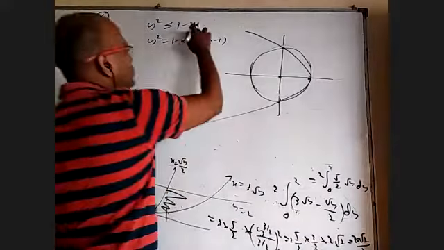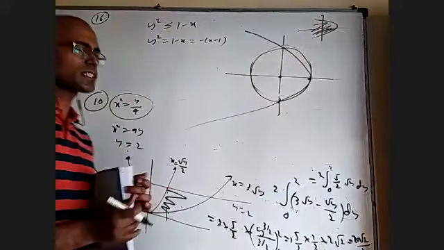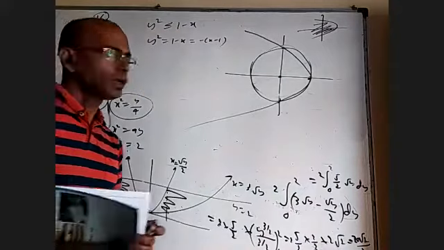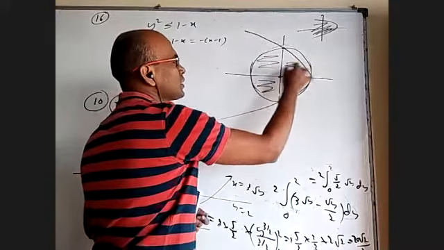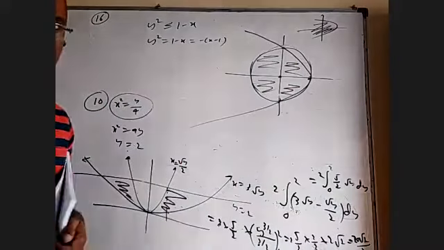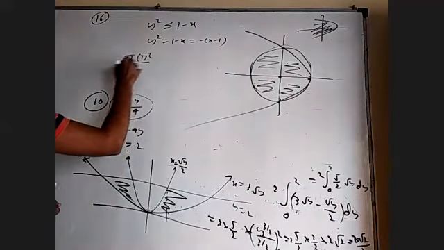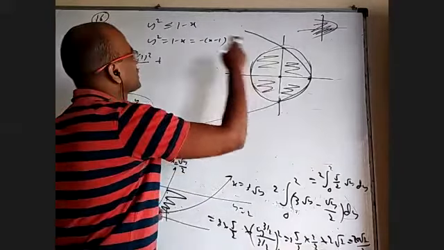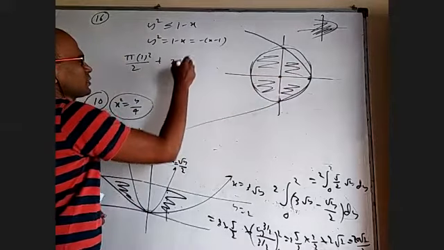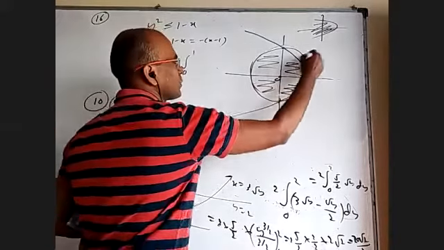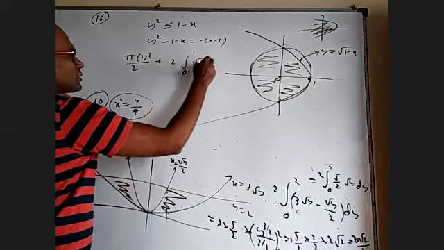So it is not this small region. y square less than or equal to 1 minus x means this whole region, because the origin satisfies that inequality, 0 less than 1. So we want inside the circle and inside the parabola. So that is this part, this part, this part, and this part. These two together is a semicircle, pi r square by 2. So pi into 1 whole square by 2. This is the area under this parabola. I'll find the upper part and double it: 2 times integral 0 to 1, and the parabola is y equal to root 1 minus x, root 1 minus x dx.